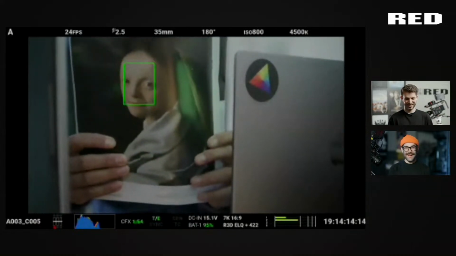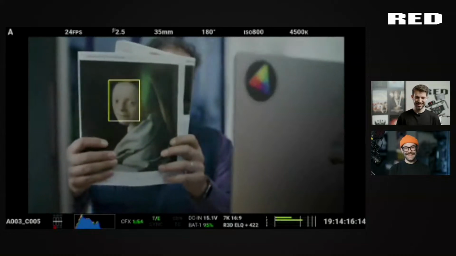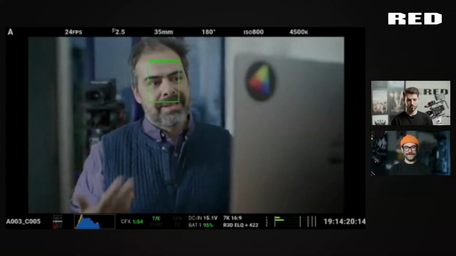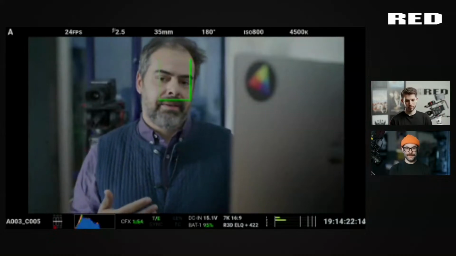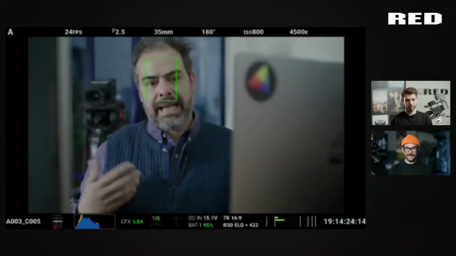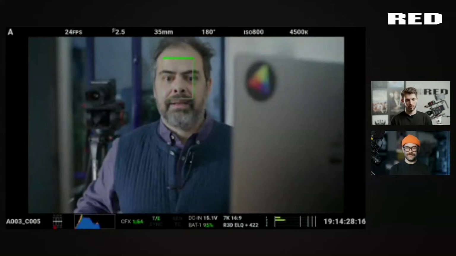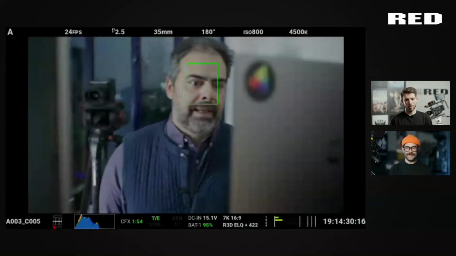So cool. How amazing is that? It doesn't drive the focus itself. It's just driving the box, and the camera will do the focusing. So depending on your lens and the type of motors that you have and the lighting conditions, it might not be a perfect solution, but it will help in all those situations where you have, I mean, this is perfect